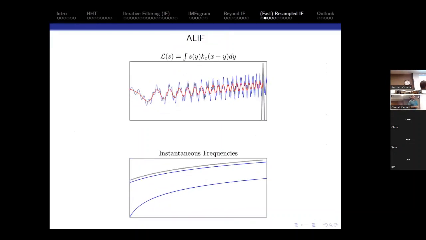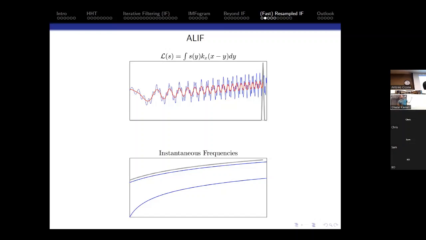Okay, so the intuition is: originally with ALIVE, instead of fixing the filter here, the K or W filter, we were trying to adapt it point by point, because your signal may vary a lot in frequency, right? So you see here, that's the component you want to extract. Instead of using a fixed filter, which would be like a bandwidth and may capture just part of this curve, you want a filter which adapts over time, so that the frequency you capture changes over time. And that's what you do with ALIVE. So the filter is changing its shape, so the frequency you capture is changing.